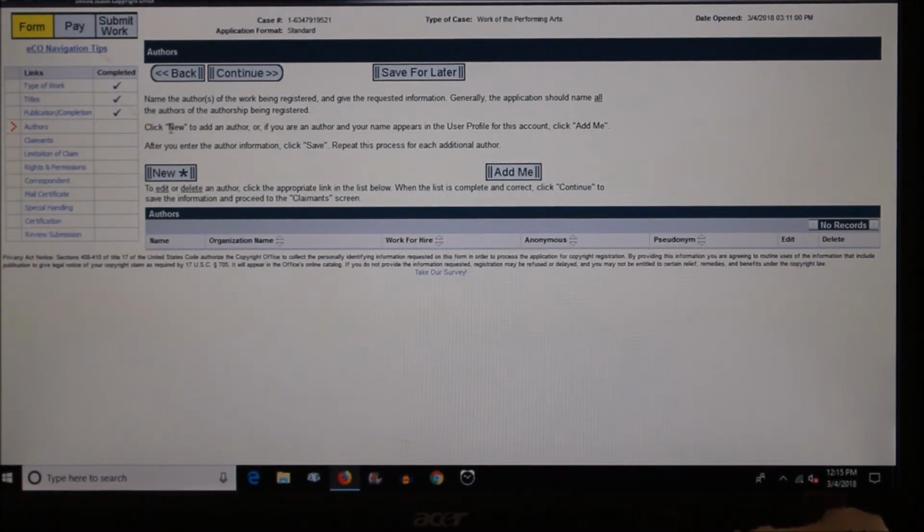Alright, next up is the authors page. This is where you name the authors, the people who wrote the song. I'm the only person who wrote the song, so I'm going to come down here and click New. There's some information up here that you'd probably want to read. It says name the authors of the work being registered and give the requested information. Generally, the application is to name all the authors of the authorship being registered. So I'm going to hit New,